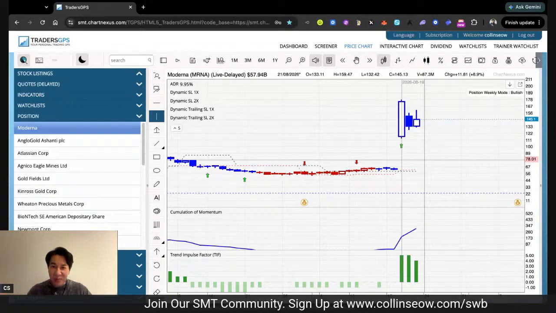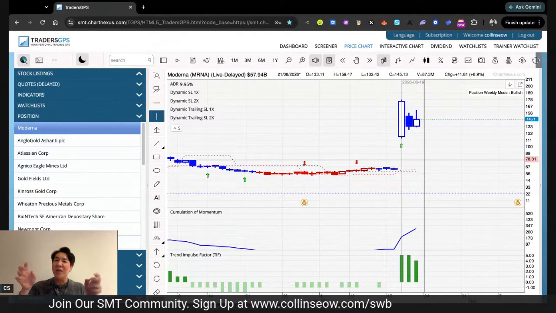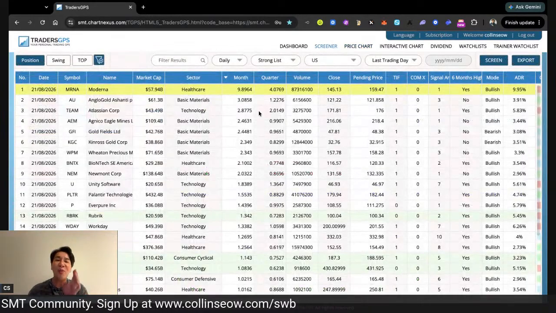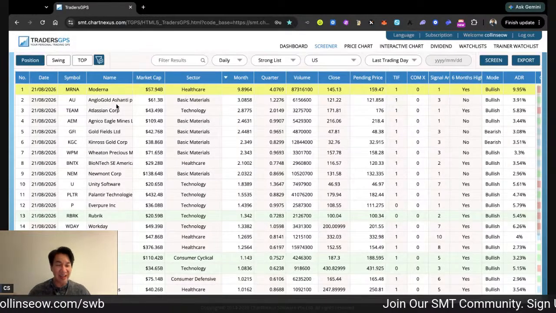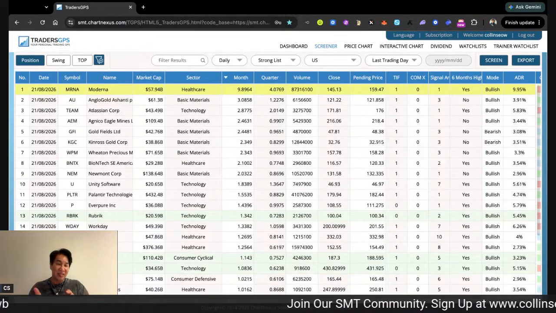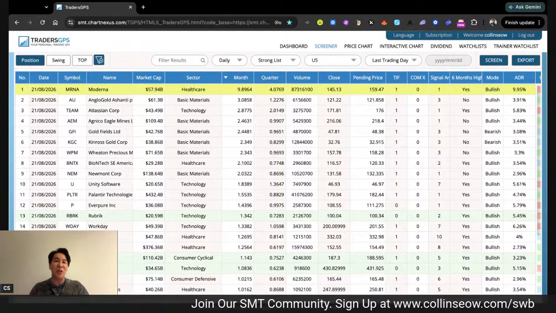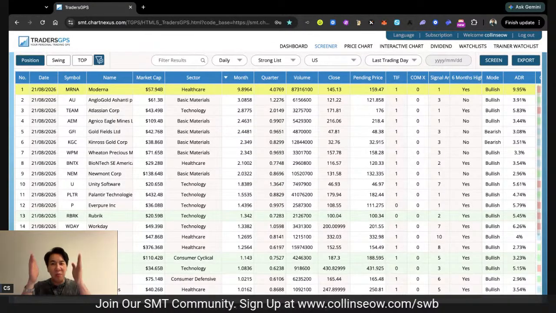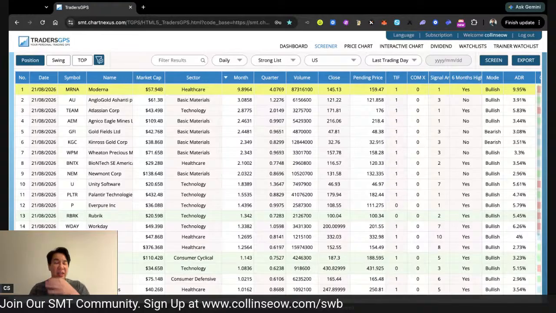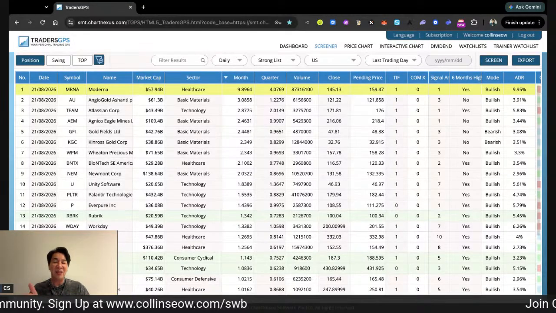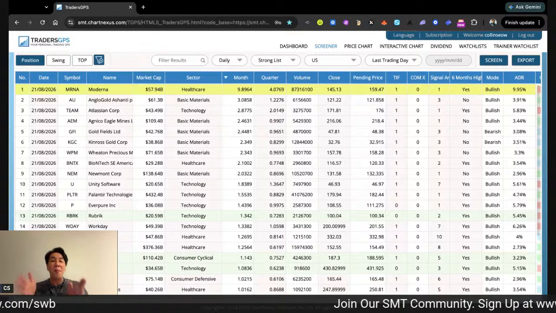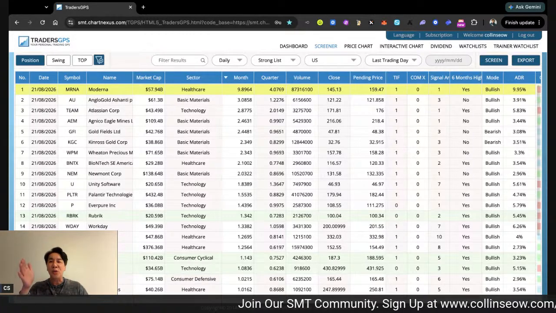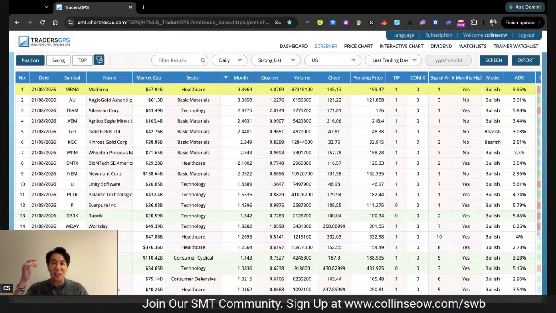So if everything is equal, this tool is to help you find where the money is going to. Now, do y'all follow what I'm saying? Where the money is going to now. That means the last one, where's the money going to? Does it mean that after today, it will continue to do that or stop? Don't know. But everything being equal, you prefer to bet that it will continue.